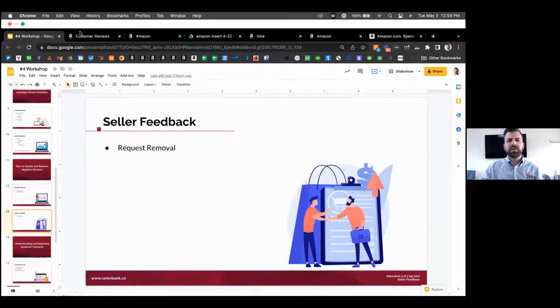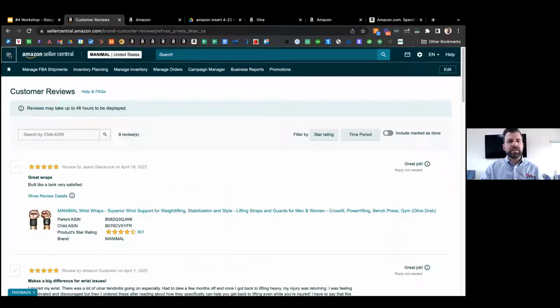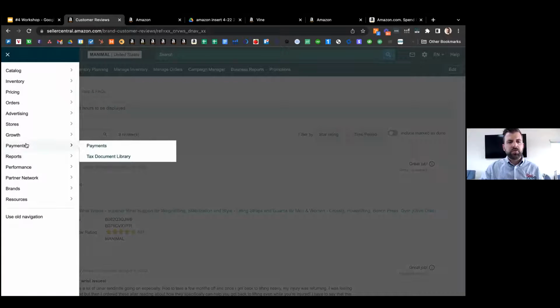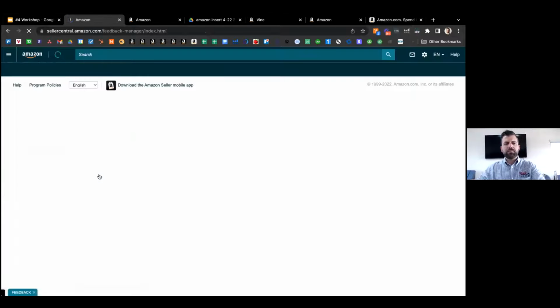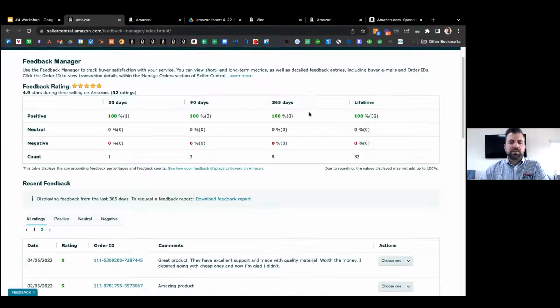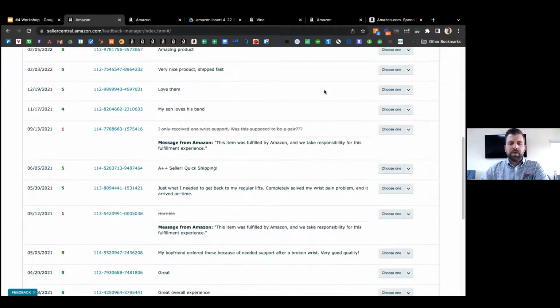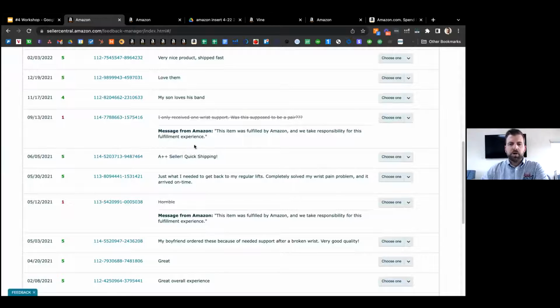Now with seller feedback, this one is actually a little bit easier to get removed. If we go down here into our performance and then feedback, Amazon has made this one a lot more automated. Here's an example. This one came through and it says, I only received 1 wrist support. Was this supposed to be a pair? So again,